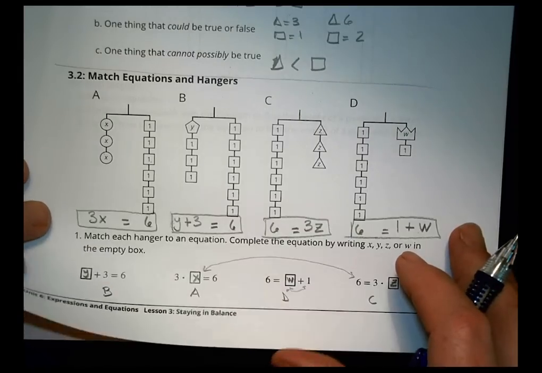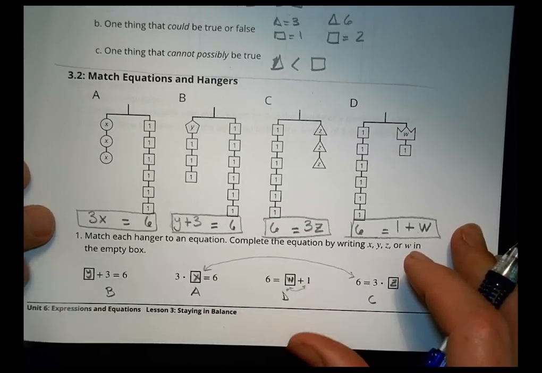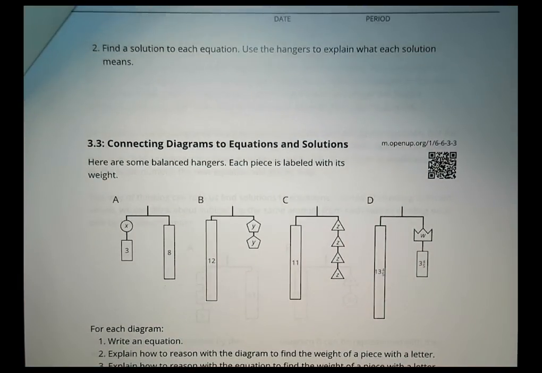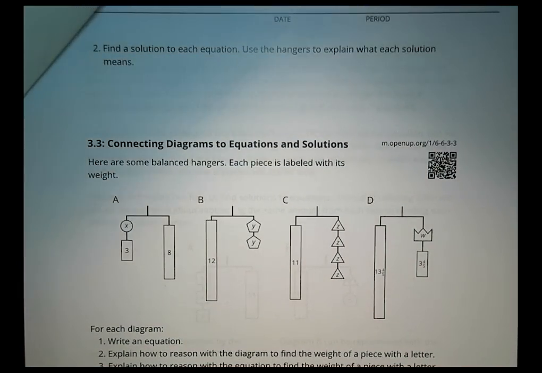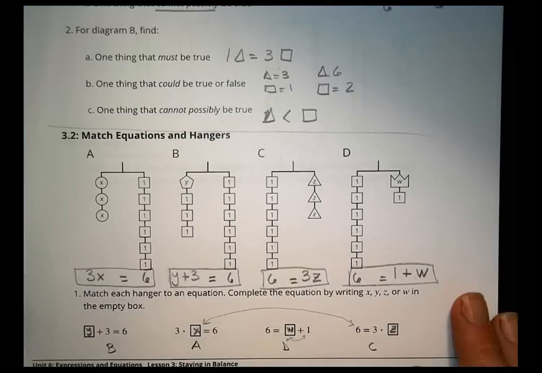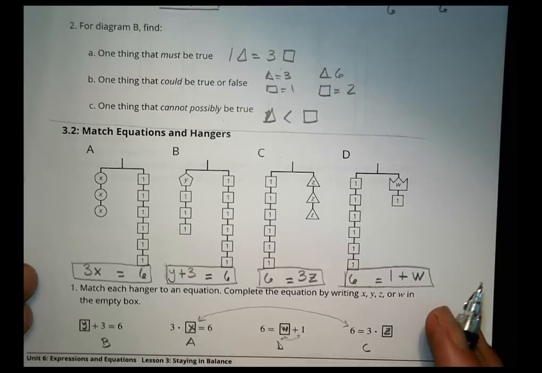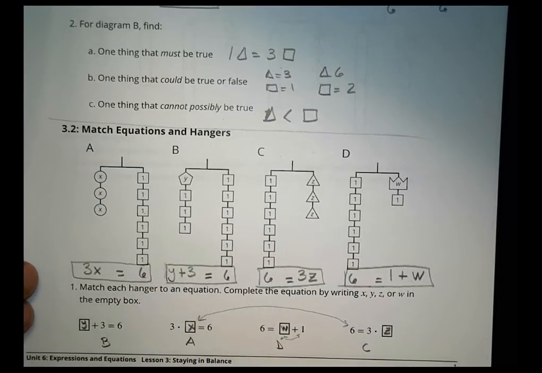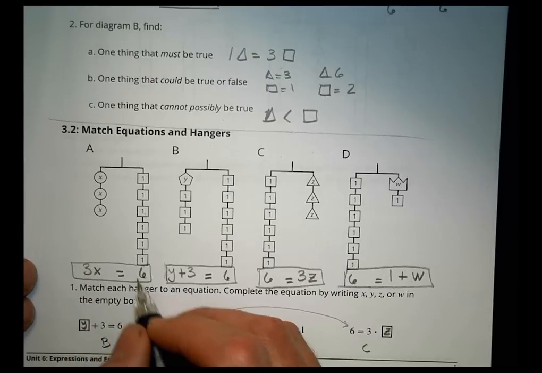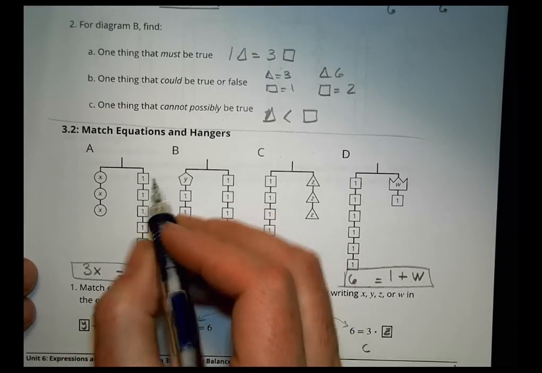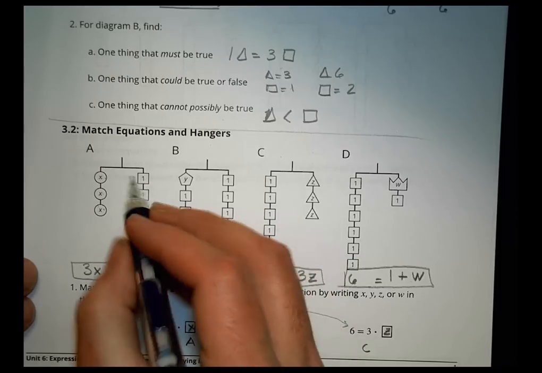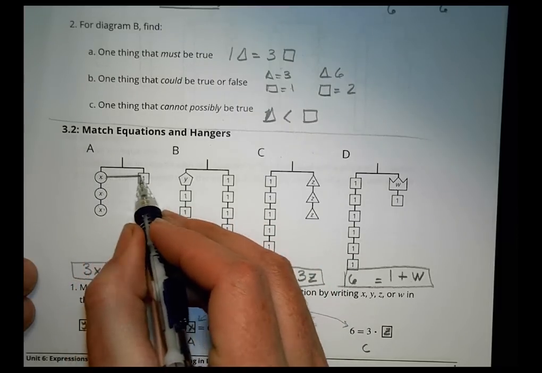All right? Now, the next question says, find a solution to each equation and use the hangers to explain how you know what it means. So now I want to find a solution to each of these. So I'm going to come back here and figure out, well, what is the value of x? What number times 3 can get you to 6? And if you use the hanger, what you notice here is that I have 3 here and I have 6 here, meaning that for every 1 x,